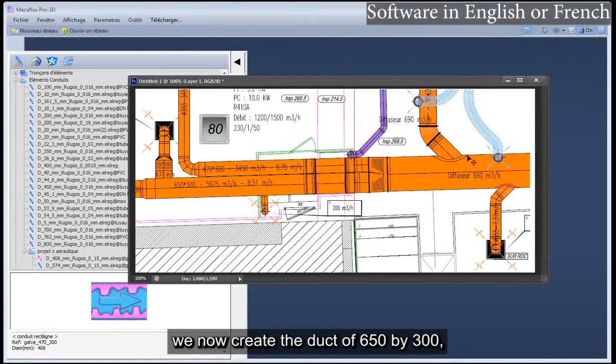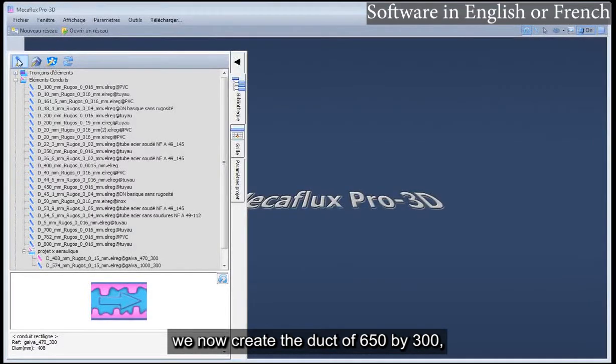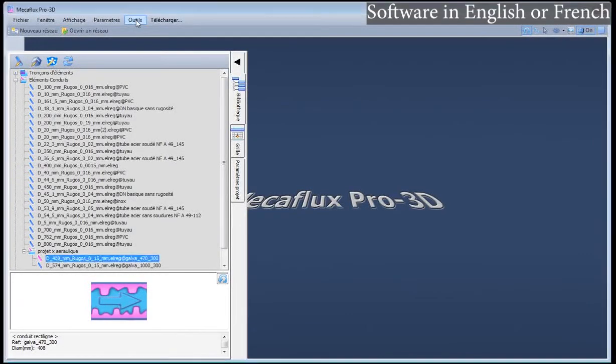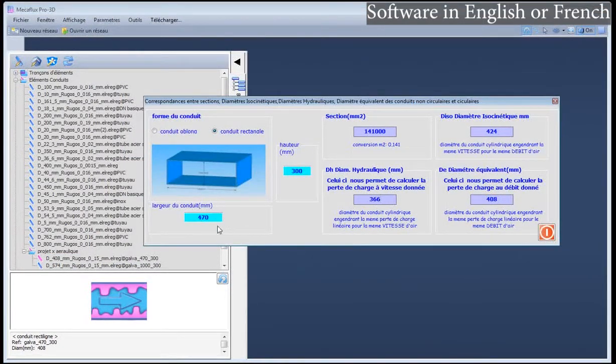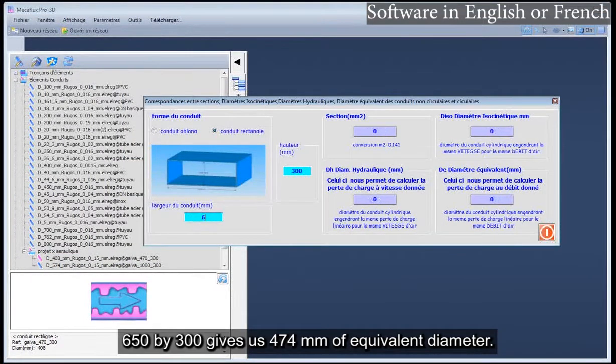We now create the duct of 650 by 300. We use the equivalent diameter tool. 650 by 300 gives us 474 millimeters of equivalent diameter.